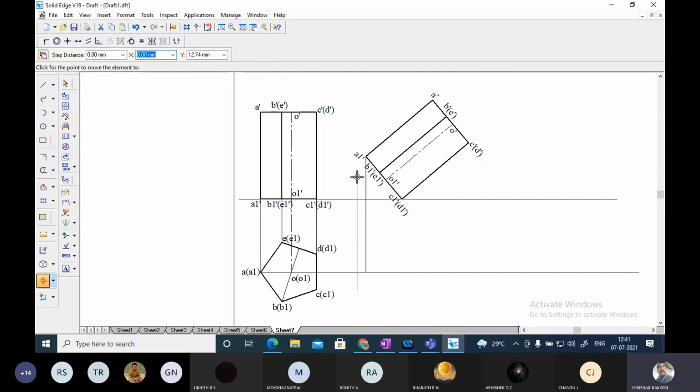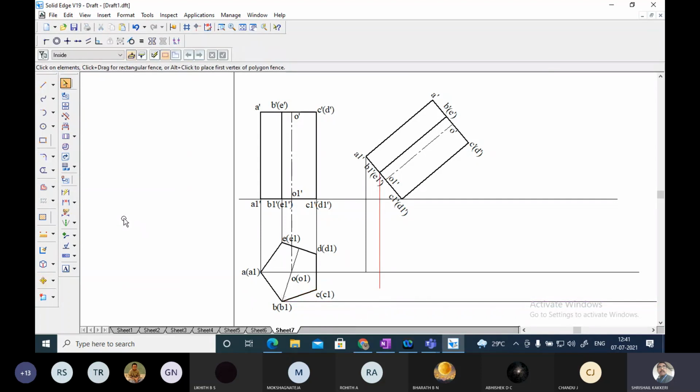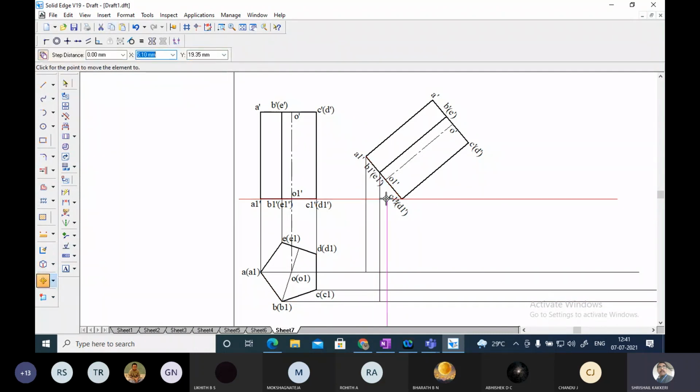So from B, I have drawn the line, and again from B, please draw the line. So this will be point B. And similarly, from C, you draw the line. Okay, from C, I am going to draw the line, and from C, from the front view also, you write the line.